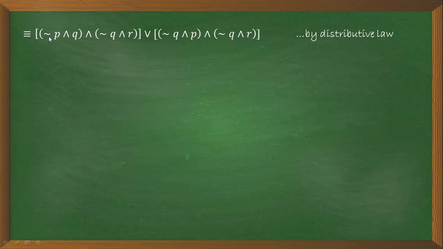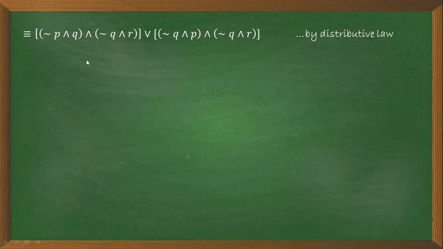Okay, now in this square bracket and in this square bracket also there is a conjunction only. See the terms here, negation P, Q, negation Q, R. And here in this square bracket there is a conjunction only. So negation Q, P, negation Q, R, all are joined by "and". So here the associative law is applicable to every bracket. As per our convenience, we will apply the associative law.